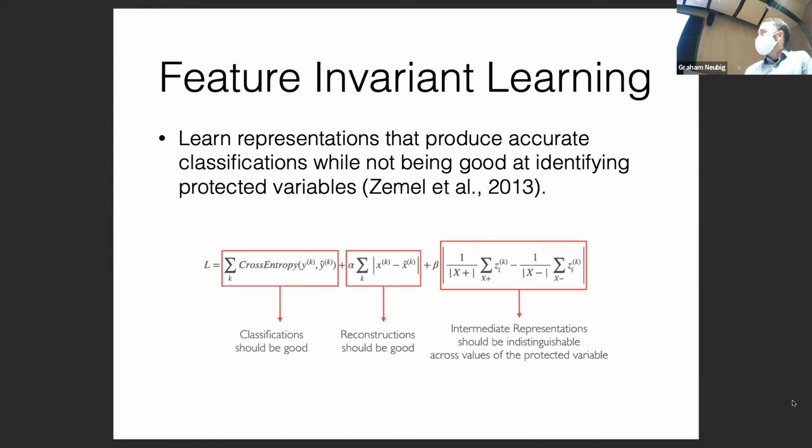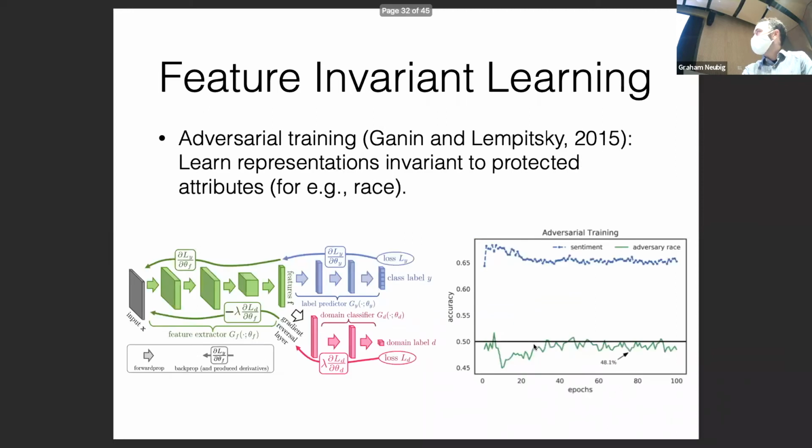And one particular way that can be used here are things like feature invariant learning. I'm actually going to be talking about this a little bit more in a later class, but the idea is basically that you train a model that tries to create intermediate representations where you cannot determine the original protected attribute. And we use methods like adversarial learning for this. As I said, I'm going to go into the details later, but basically you train a protected attribute classifier and try to learn representations where you can't identify the protected attribute.